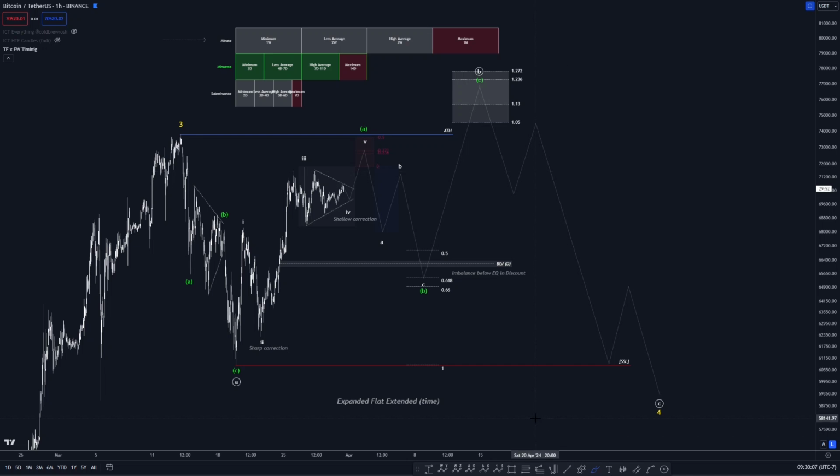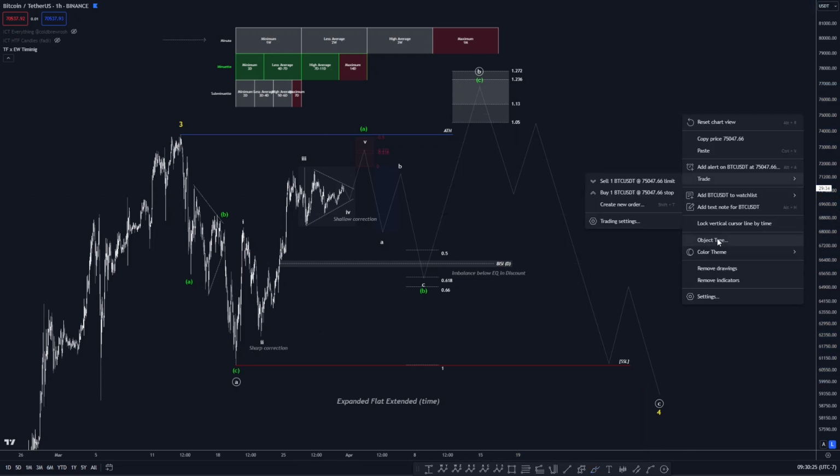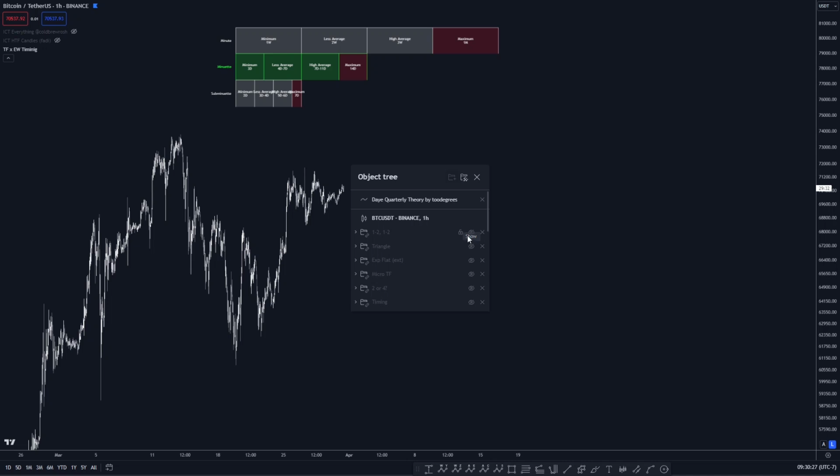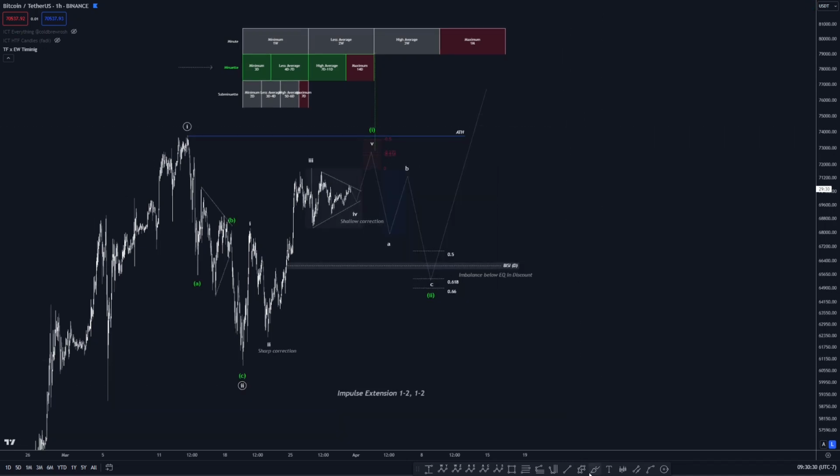So this is why things are difficult right now, because we could still attack this high, then come back and attack these lows. Like that. Or we could attack this high, leave these lows protected, and just continue grinding up in bullish market structure.